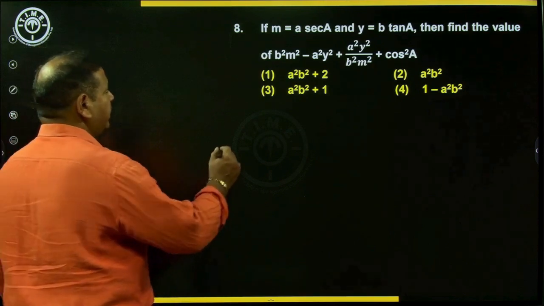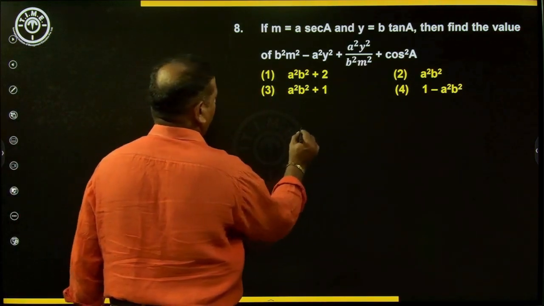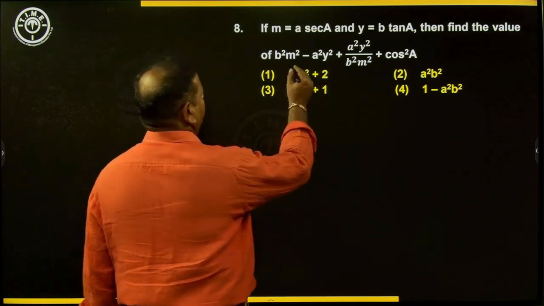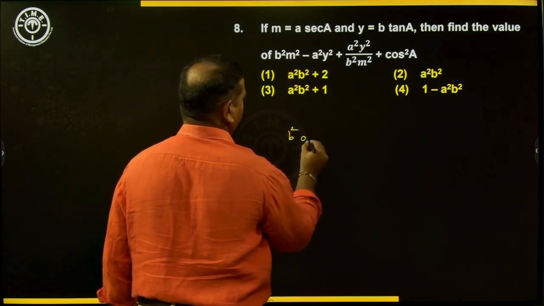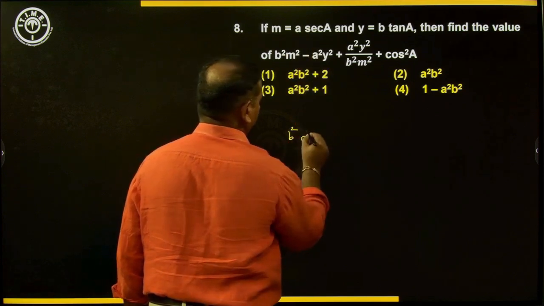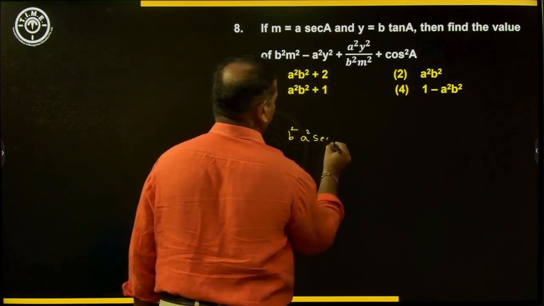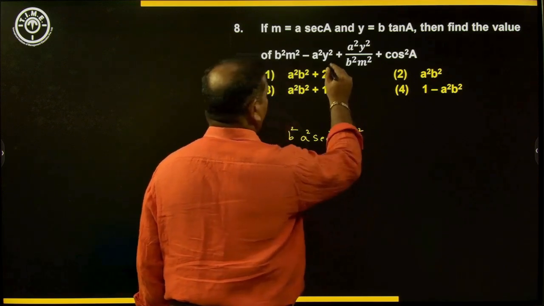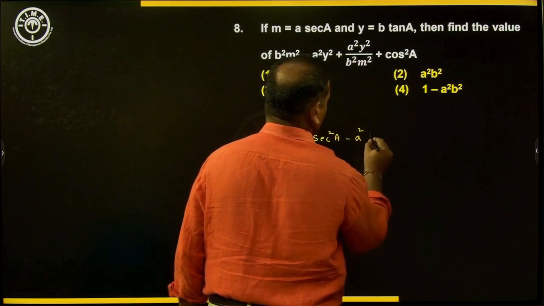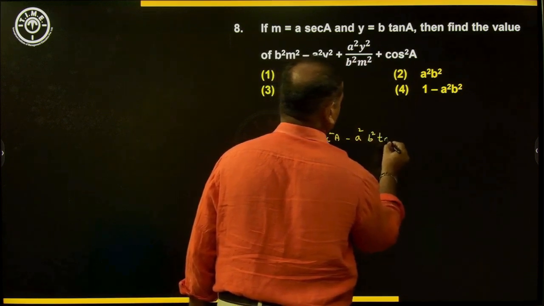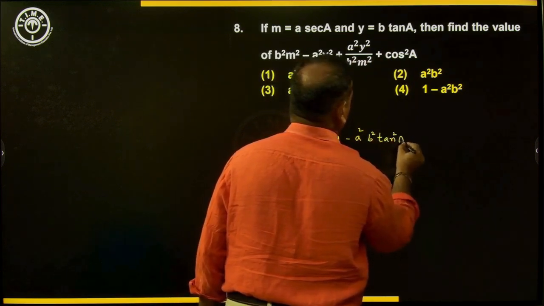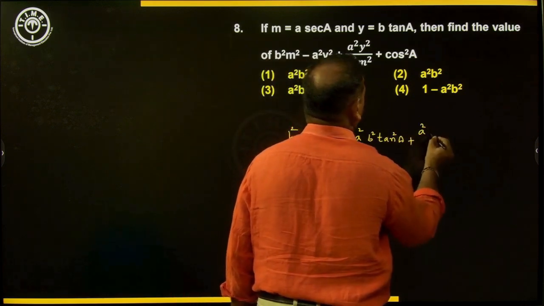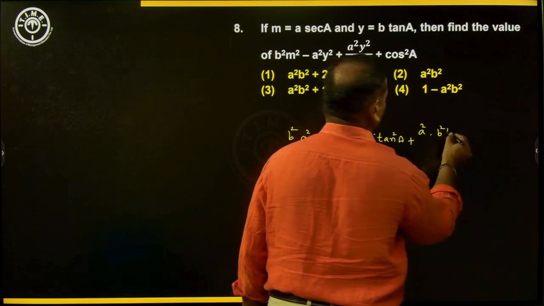Okay, b square m square. I am writing b square as it is, but in place of m square, what can I write? m means nothing but a secant a, so a square secant square a, minus a square, leave it. In place of y square, what you can write? b square tan square a, plus a square y square, which is nothing but again b square tan square a,